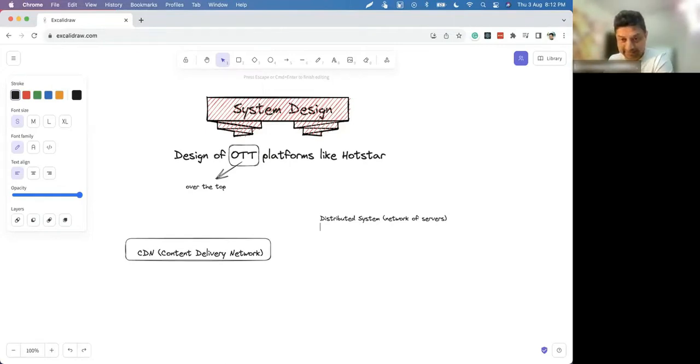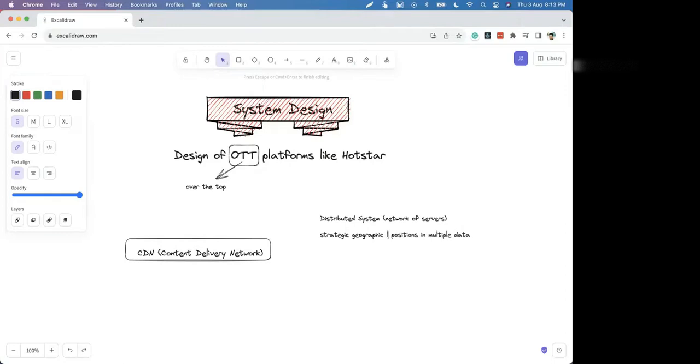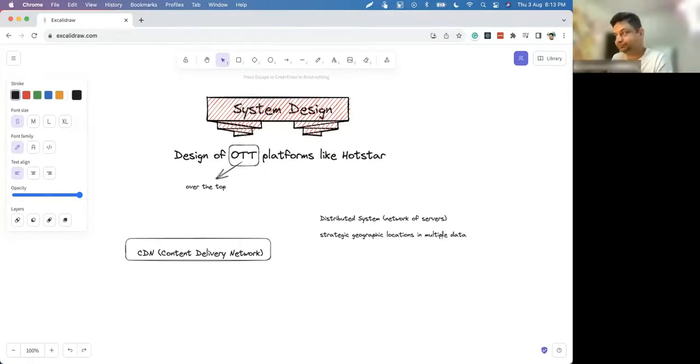These servers are located in strategic geographic locations in multiple data centers.